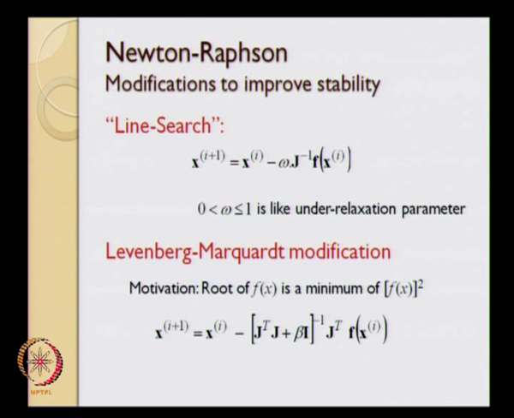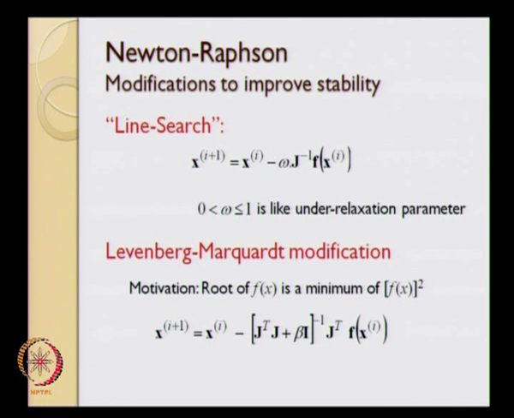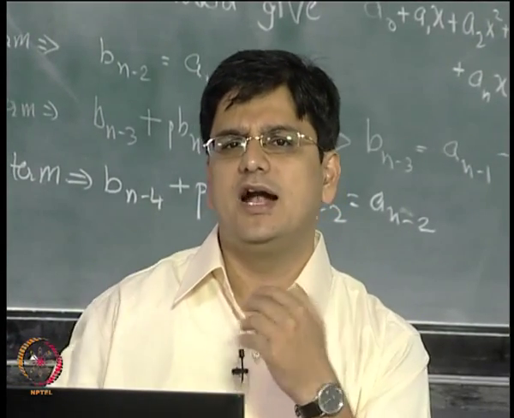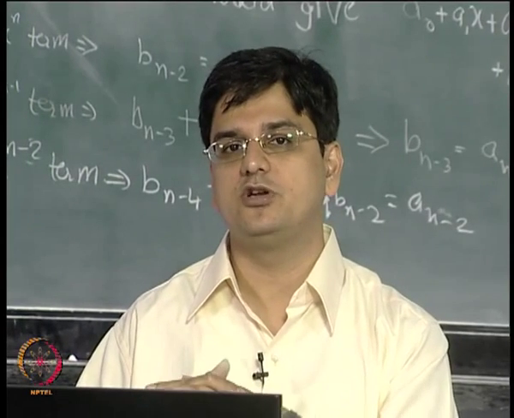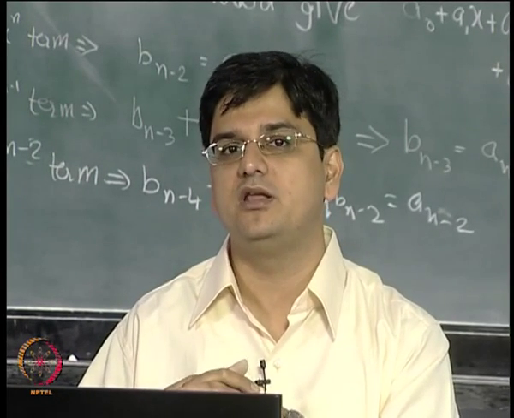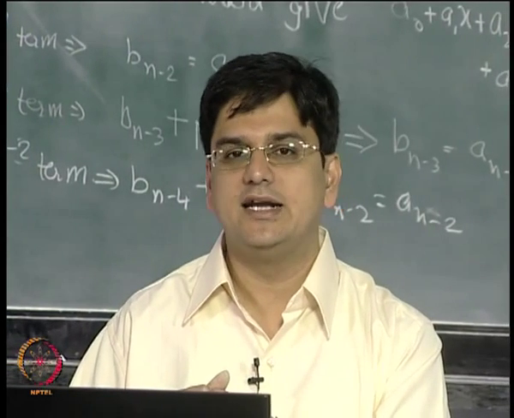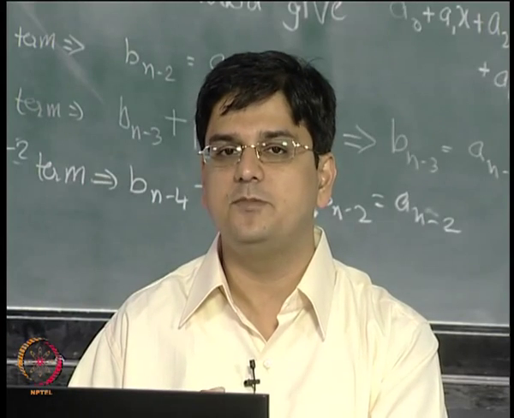The other modification, so these modifications were for multiple roots and especially to speed up the Newton-Raphson's method for multiple roots. More importantly are the modifications that ensure stability of the Newton-Raphson's method. And one of the biggest, or two major problems that we had seen with Newton-Raphson's method is, one is when f prime of x becomes equal to 0, and the other case is when cyclically we keep repeating the same